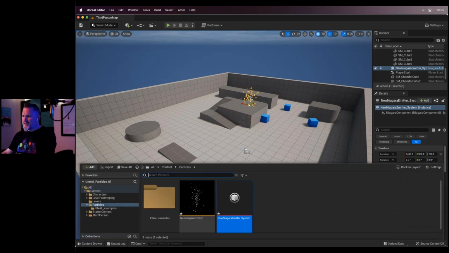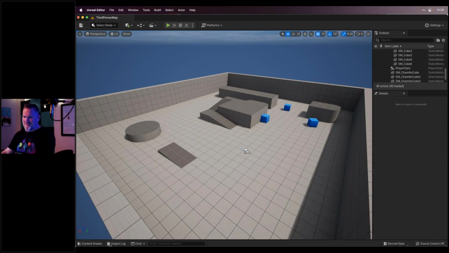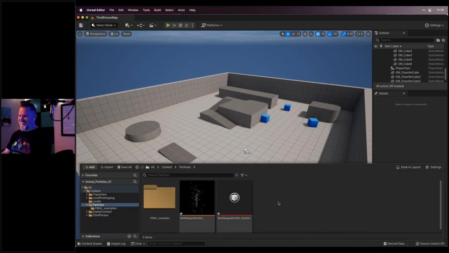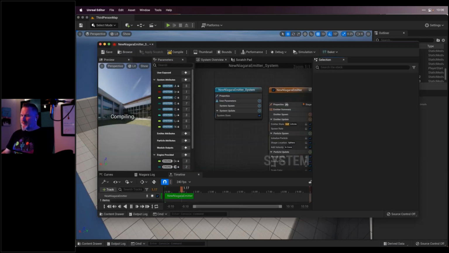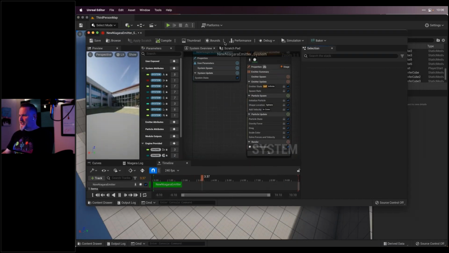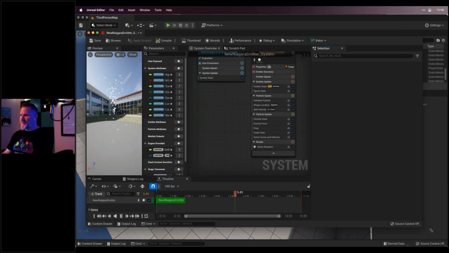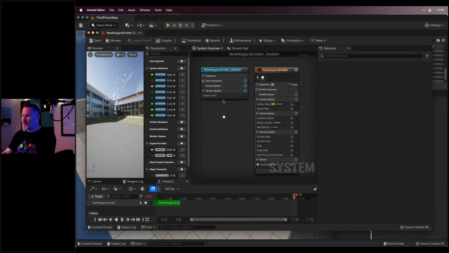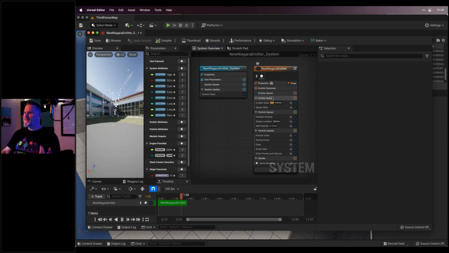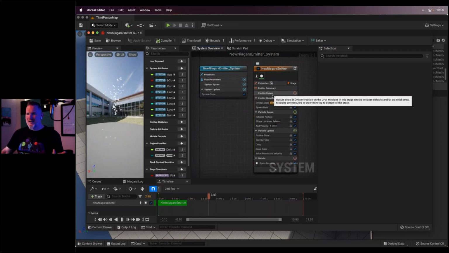Now, I'm going to delete that because that irritates me for some reason. It feels like some kind of torture to watch that thing go. But if I double click the system, then we have the option to fiddle with this and adjust this. I can hold down the right mouse button to pan around here. And we see a lot of the things that we've seen previously.